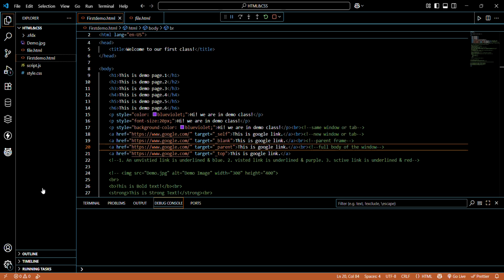So self, and this one is your parent window. But whenever you are using top, this window covers all the body. Whenever you are creating new code or websites, you can clearly see the difference. This one holds the whole body, the whole space. But if you are using parent, it does not hold the whole body, but it